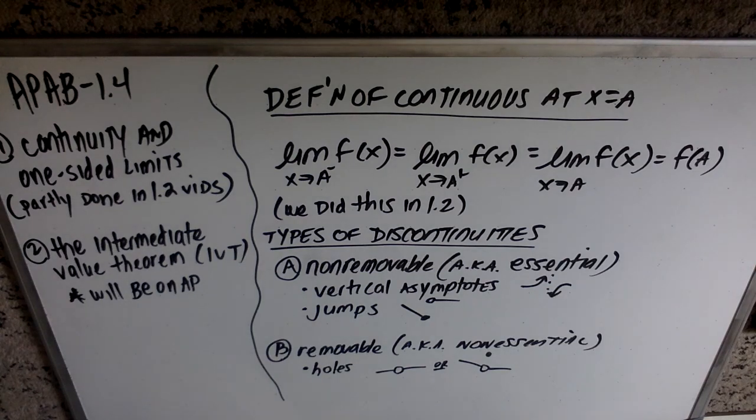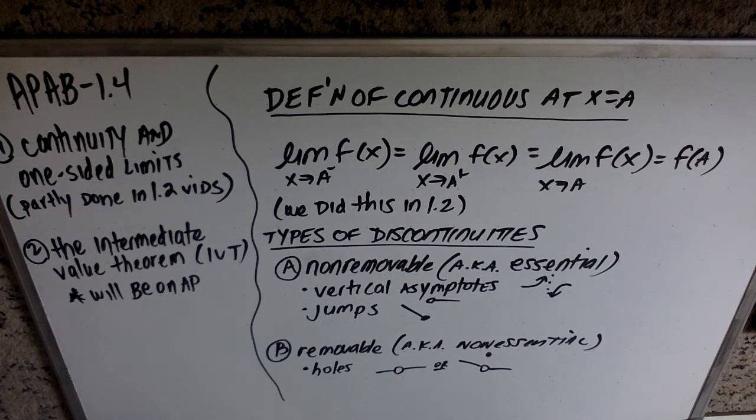So anyway, we have two basic topics that we're going to cover in 1.4. One of them is continuity and one-sided limits, and the reason I mentioned that we have covered part of this before is because in 1.2 you're going to find that we did a good amount of this stuff, but not all of it. So we kind of skimmed the surface, maybe did about half of the material included in 1.2 when we talked about limits the first time. And then the second thing we're going to talk about is the intermediate value theorem, often abbreviated the IVT, and